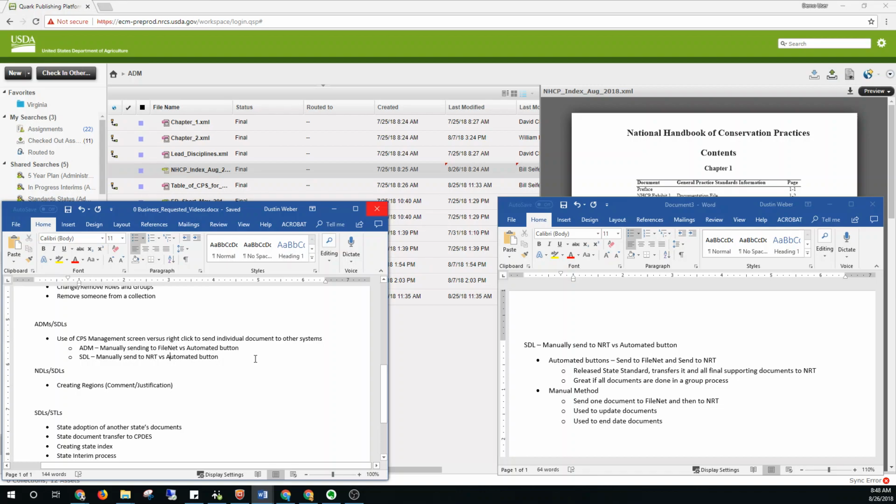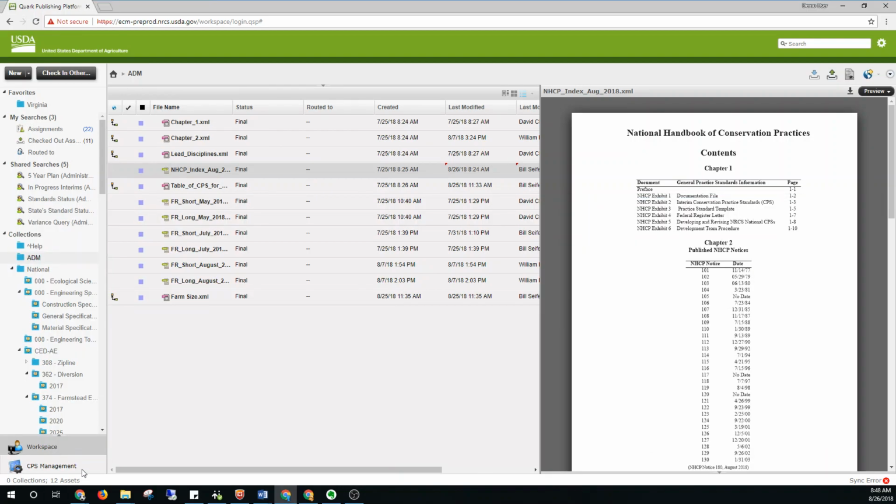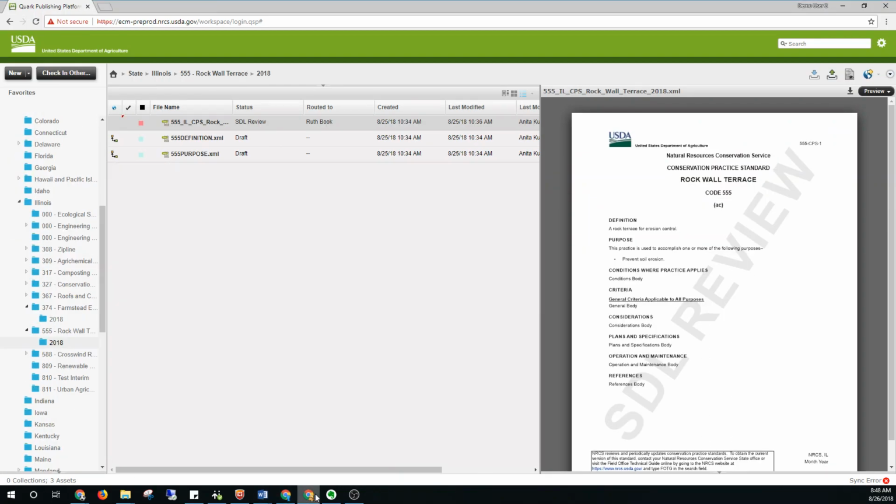So there's really two different methods, and both will work the same way. And the manual option's always there in case something goes wrong with the automated option. So the automated option, right, let's switch to the SDL here,